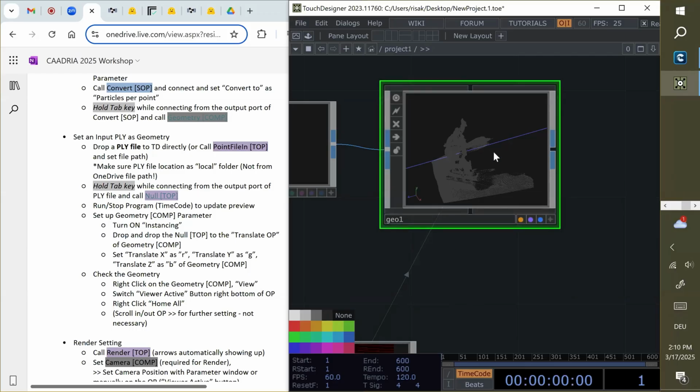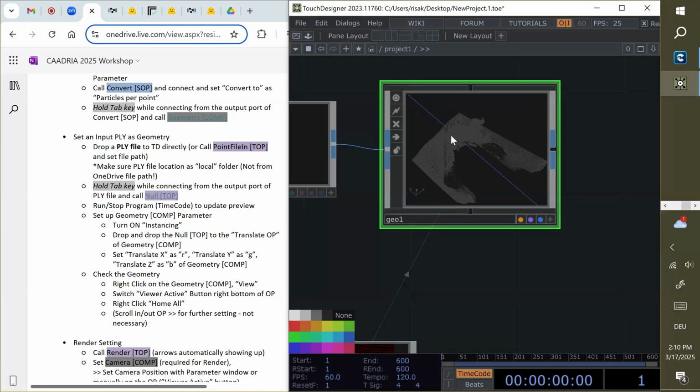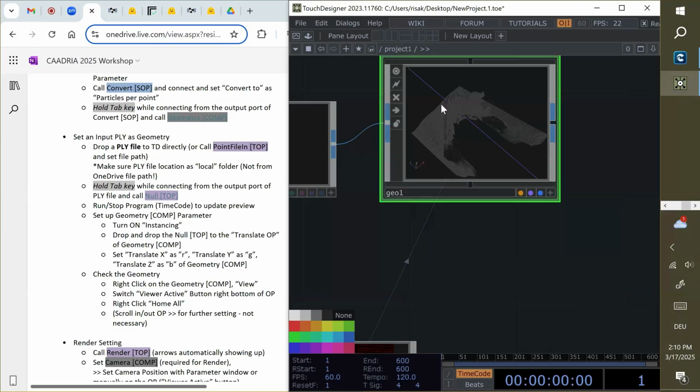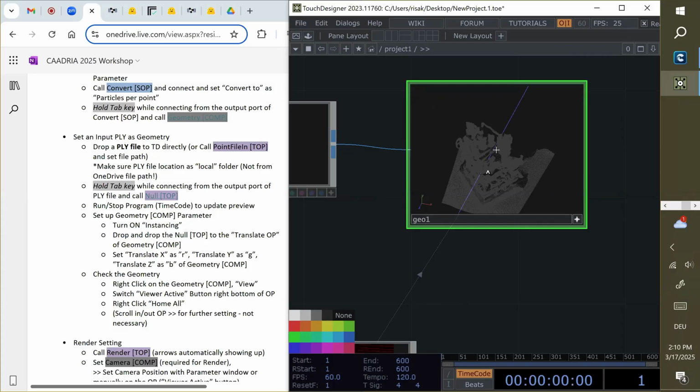Also, if you go to this geometry operator, you can turn on Viewer Active at the bottom right corner. So that this is like a viewer active mode, and you can also turn around. In this mode you cannot change the operator selection. If you want to change the view, you just click here so that the view is active.